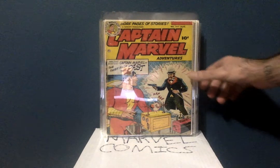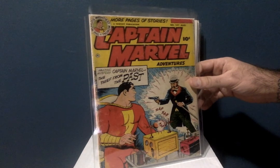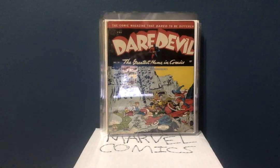This is issue 147, Captain Marvel Adventures. Again, just so amazing. CC Beck. Title, I love the title, The Thief from the Past. Now, I don't know if a lot of people notice, but